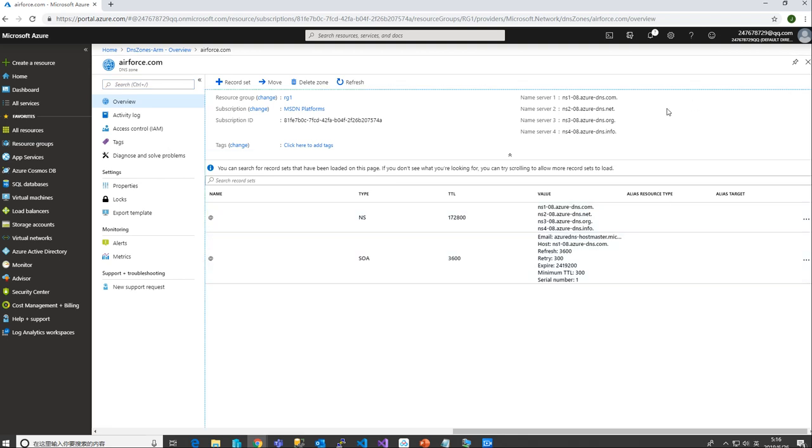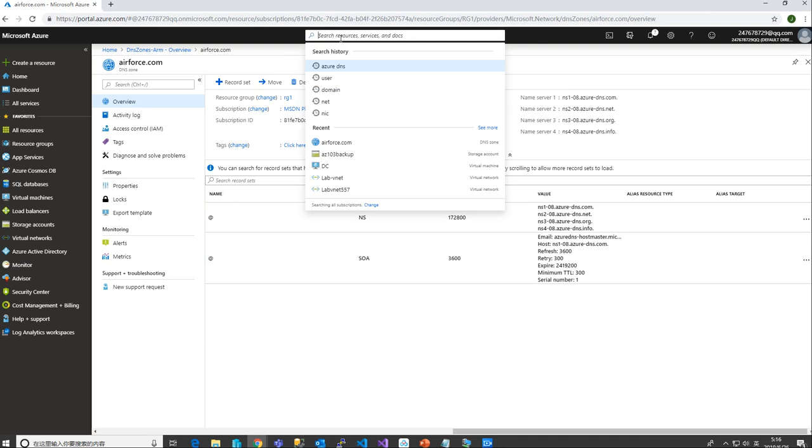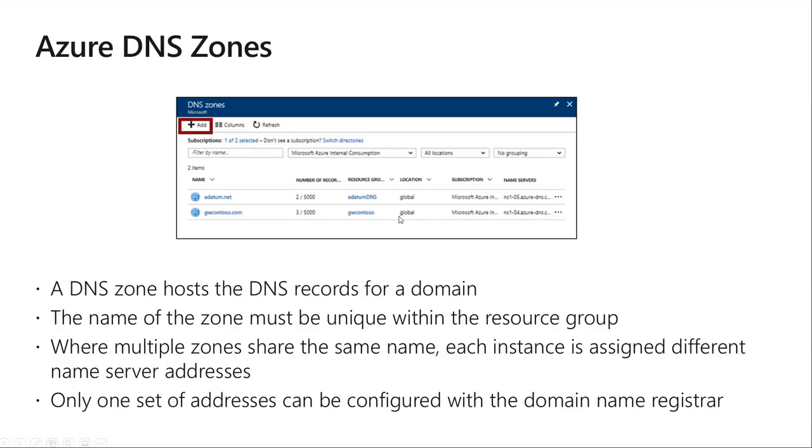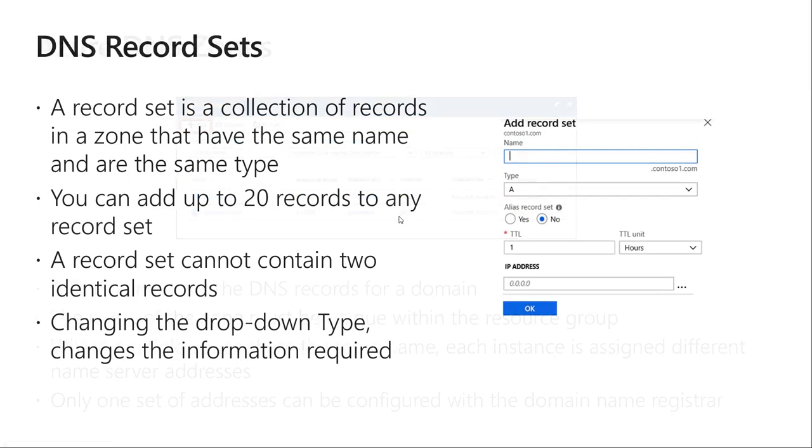Okay. So yeah, I just added airforce.com here. This is different from the Azure AD services. The Azure AD service is something completely different, right? Okay, jump back to here. Did I cover everything? Yes. Okay, so